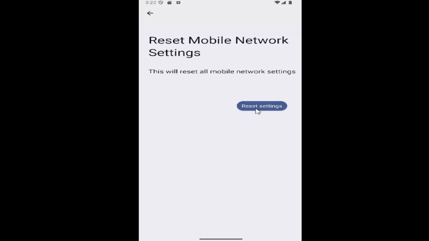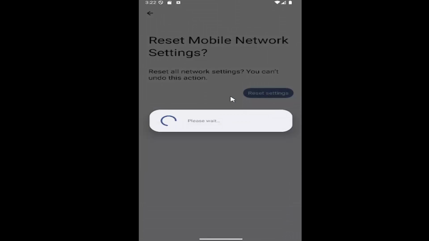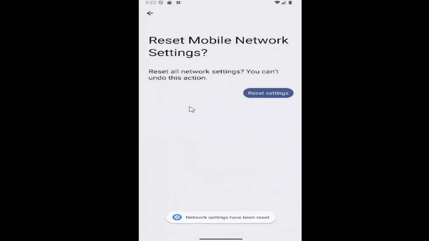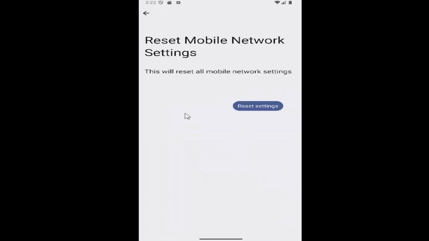Select Reset Settings. Reset all network settings. You can't undo this action. Select Reset Settings. You will need to enter back in your Wi-Fi credentials once you've reset everything, but pretty straightforward